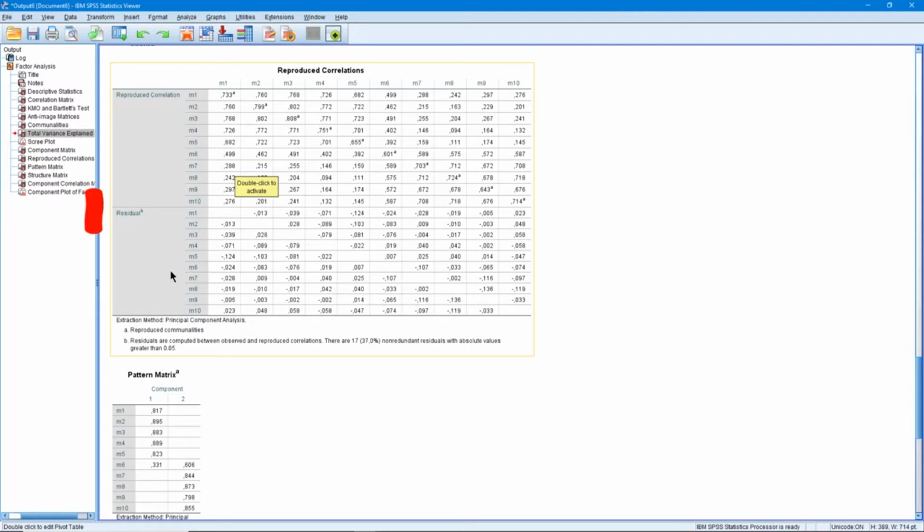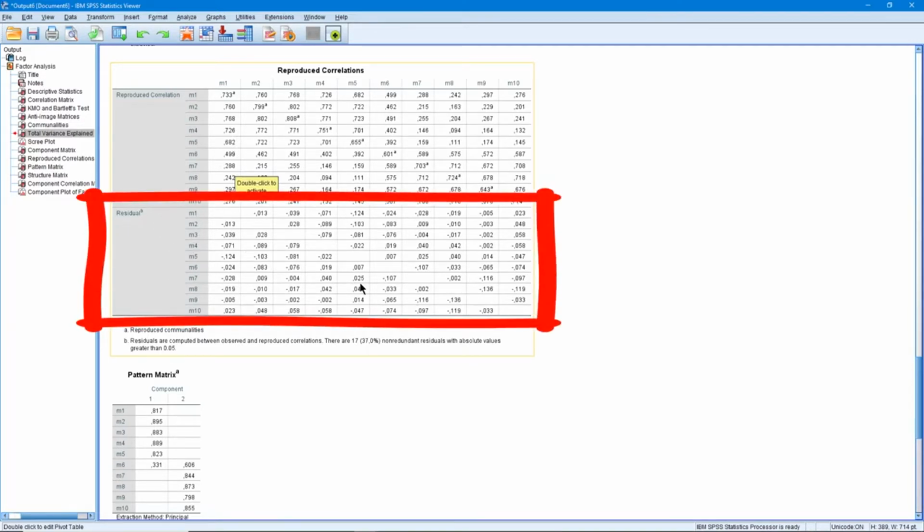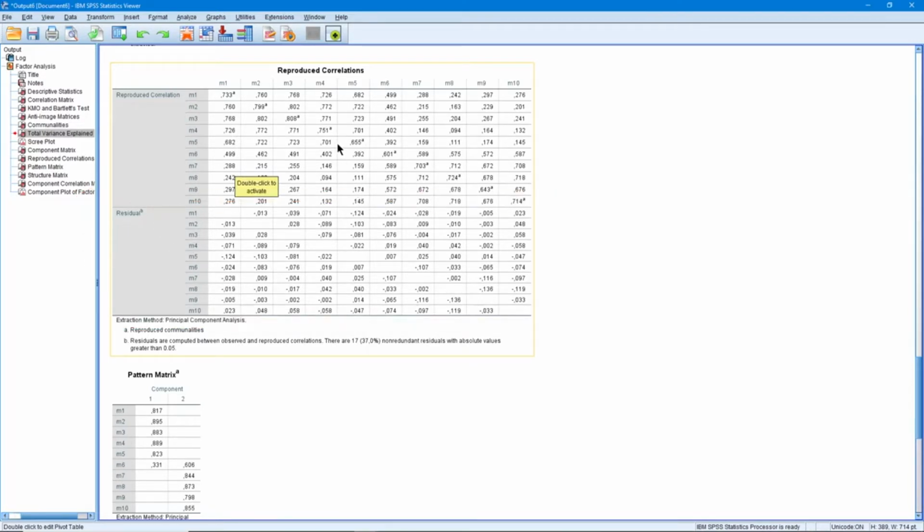Between items, here are the values that show the difference between our true correlation coefficients, expressed as residuals, and the correlation coefficients of the model here. So here we see the difference between the values here and the real values. So, what do we want to achieve from here? We do not want the difference between the correlation coefficients of the model and the real correlation coefficients to be more than 0.05, but it is really difficult to achieve this. Many values will be higher than 0.05.